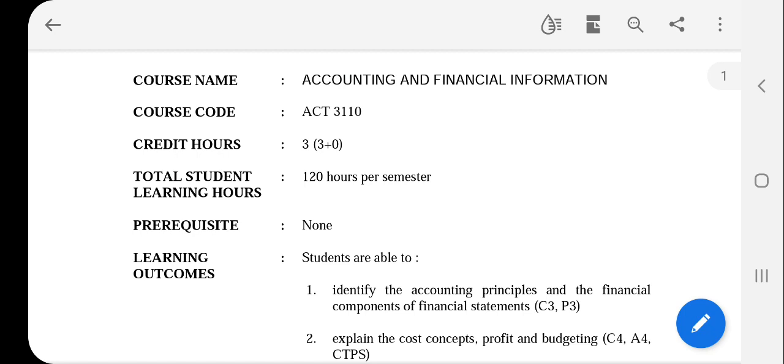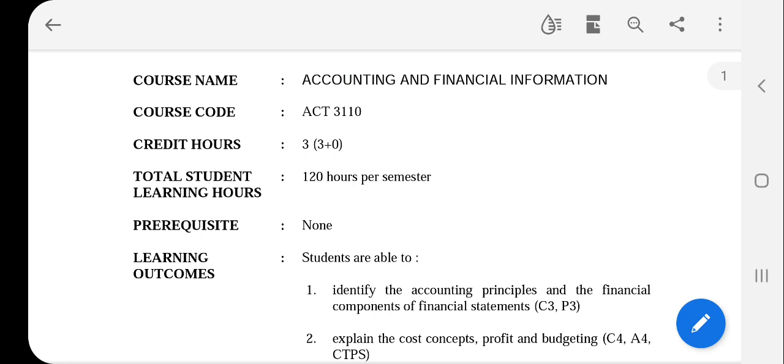So if somebody says accounting, you have to know that accounting is something that has to be done when you want to record business transactions, and it also helps you to calculate profit or loss for the business. If you have a business, you want to record your business transactions and calculate profit or loss, then you have to use accounting. That is accounting.